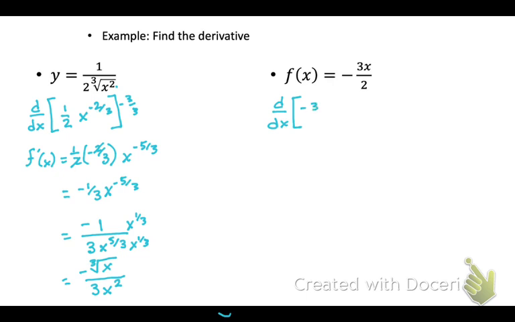Yep, negative 3/2 x. Well, after doing any sort of derivative yesterday, the derivative of x is just what? 1, right? Because you bring out a 1 and you subtract 1 and you get 0. So my answer is just